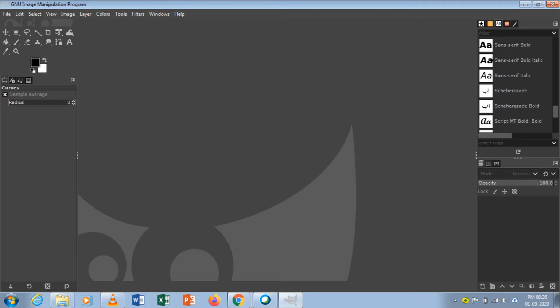See, I am clicking each one of the tools. If you click a tool, it will show the tool name and options. For example, if you select the rectangle tool, it will show the options present in that particular tool. If you want to increase the rectangle size, or curve it, or change the ratio, everything is possible using the tool options.